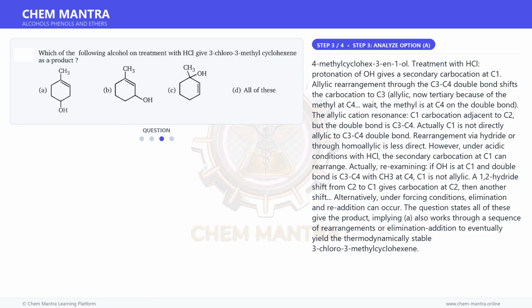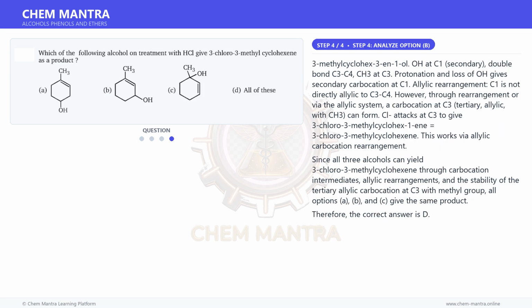Alternatively, under forcing conditions, elimination and readdition can occur. The question states all of these give the product, implying A also works through a sequence of rearrangements or elimination and addition to eventually yield the thermodynamically stable 3-chloro-3-methylcyclohexene. And for the final step,